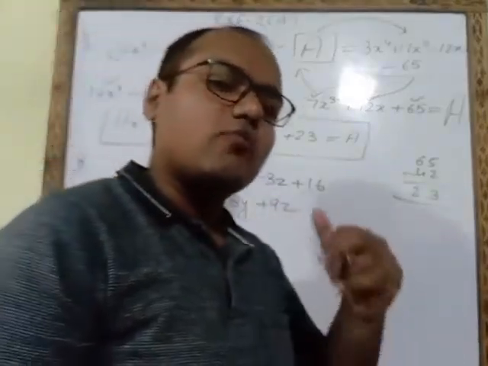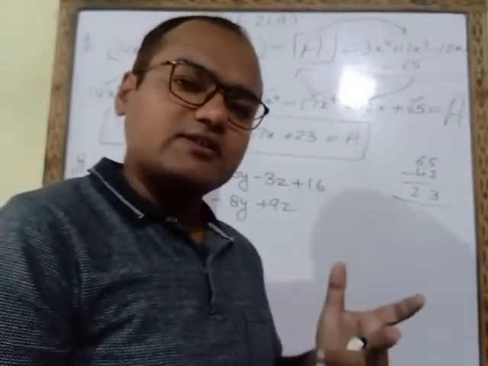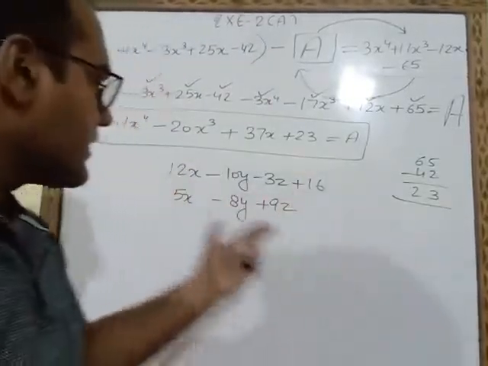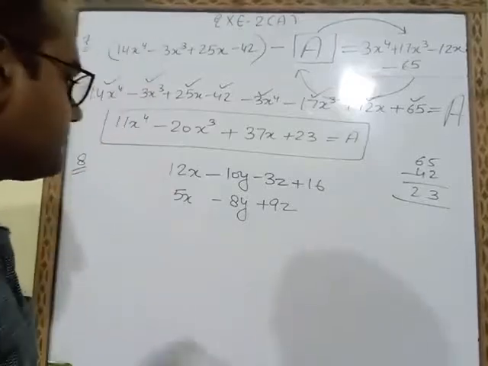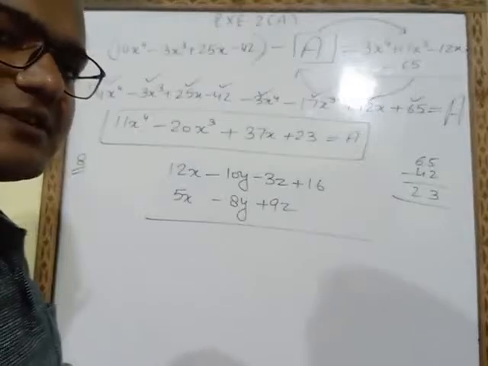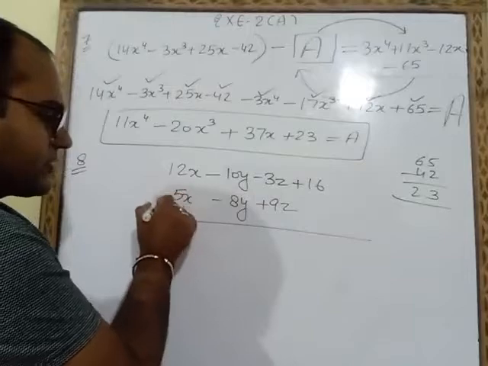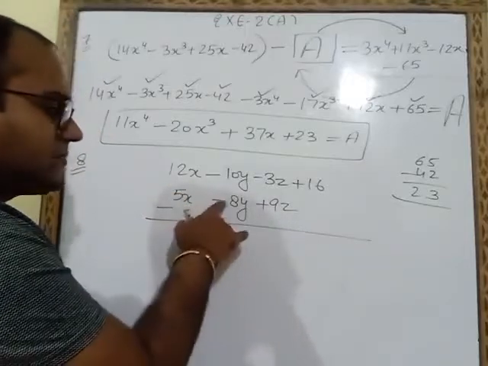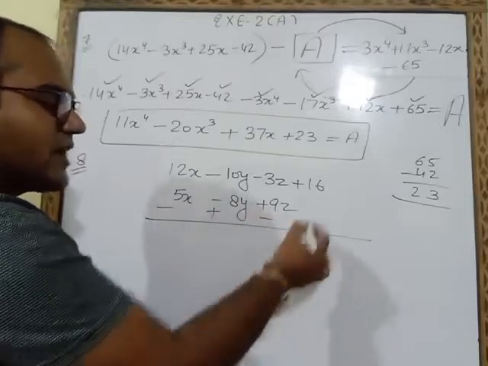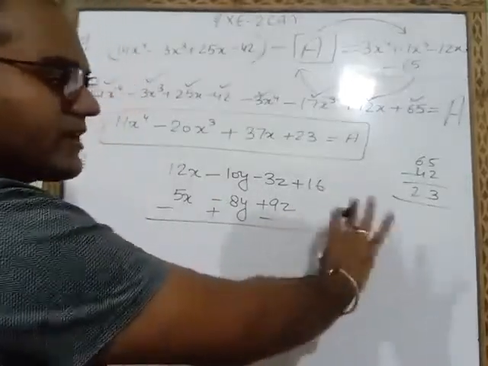So if you have to find how much smaller or how much larger, then you have to find the difference. Difference means greater number minus smaller number. So the greater number we write upside, the smaller number we will write downside. Now we have to find the difference. Difference means subtraction. The subtraction rule is we have to change the sign. This is plus 5x, we will change to minus. This is minus 8y, we will change to plus. Plus 9z we will change to minus, and here nothing is written, so we will not do anything here. We will leave it as it is.